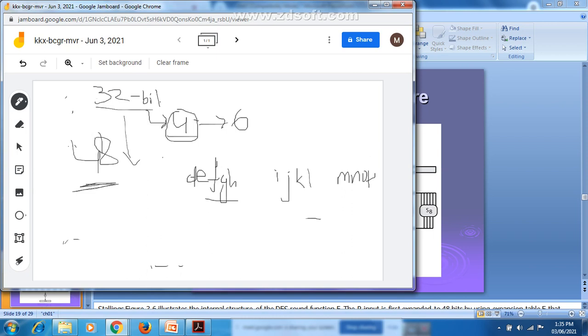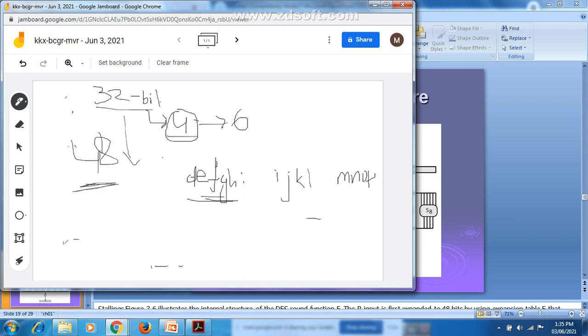That means before E, what is the character in alphabetical order? D will be added. Adjacent characters are added on both sides. Outer bits are added at the outside only, not in the middle. Getting the thing, guys?